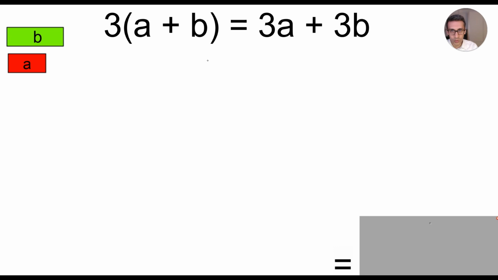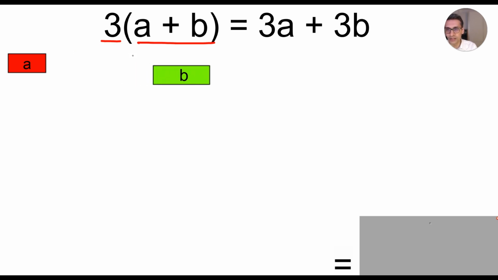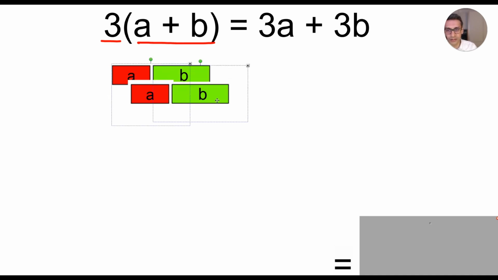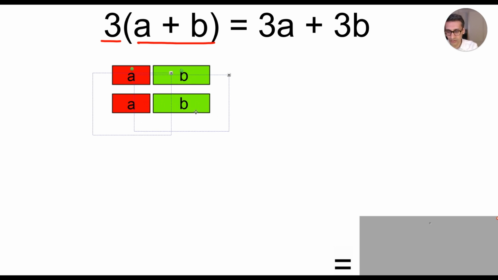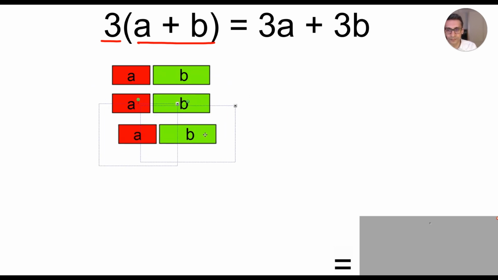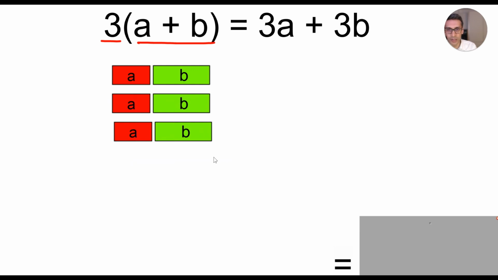So this is just a visual representation of what we're looking at. So if we know that 3 lots of a plus b is what we're representing here, that basically means we've got a plus b and then we've got 3 lots of it. So here's a second and here is the third. And therefore we can represent this as 3a